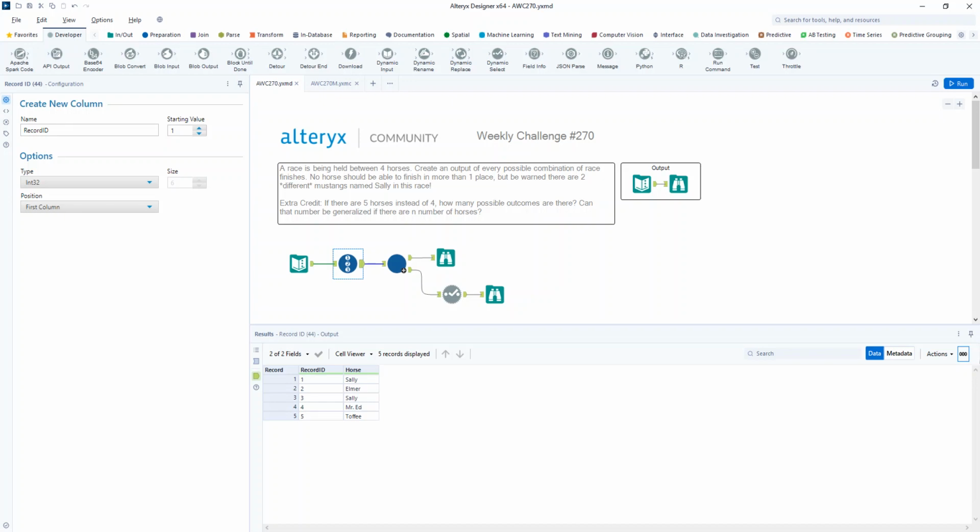I couldn't resist the challenge here to make this dynamic so that no matter how many horses are in the race, we can calculate all the different ways that they could finish. So yeah, that's what I started off doing. I first of all thought I could use a batch macro. So I thought that I could use the record ID that I've put on to give my horse a unique identifier. I thought I could just cycle through those and have it appending to itself, but